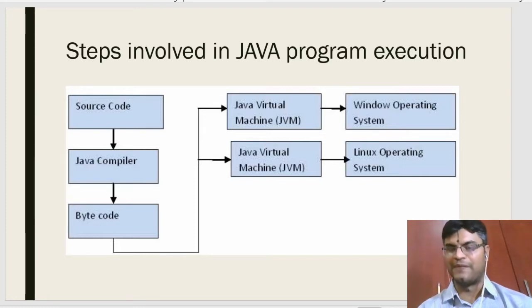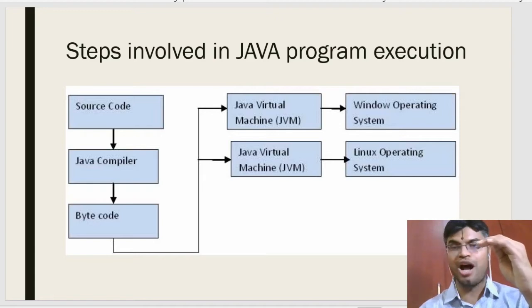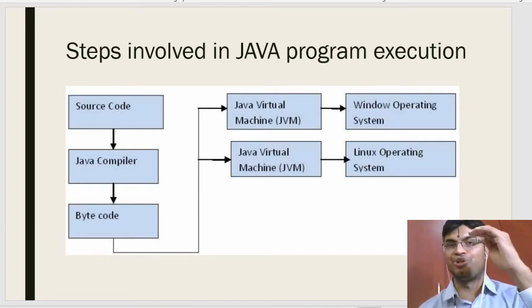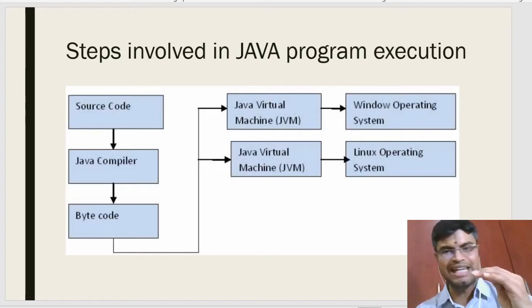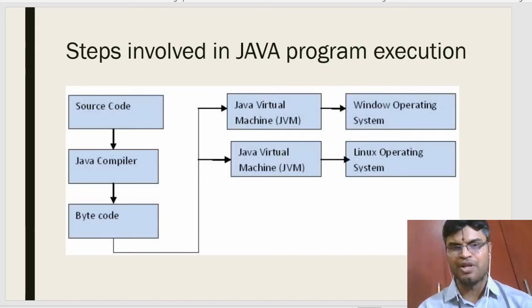So remember, your Java compiler does not compile your source code directly from a high level to a low level language. This is the main reason we have something called as portability, and if you write it once, you can run it anywhere. This concept in Java is because of this. Your source code is converted to a byte code. This byte code can be run on any machine. You can run it on a Linux machine, a Windows machine, a Mac machine, a Unix machine, any type of operating system, because Oracle has made JVMs